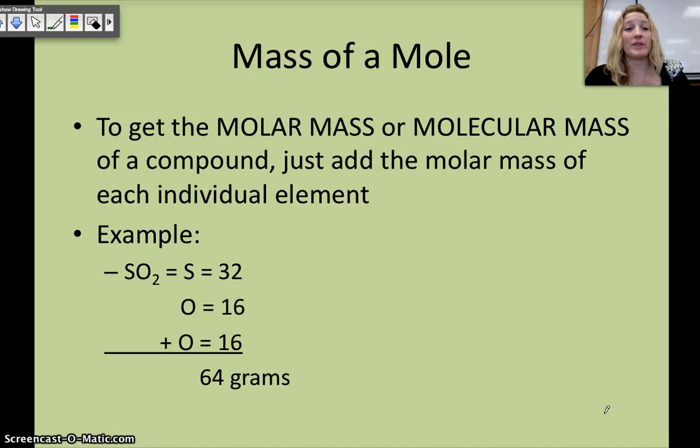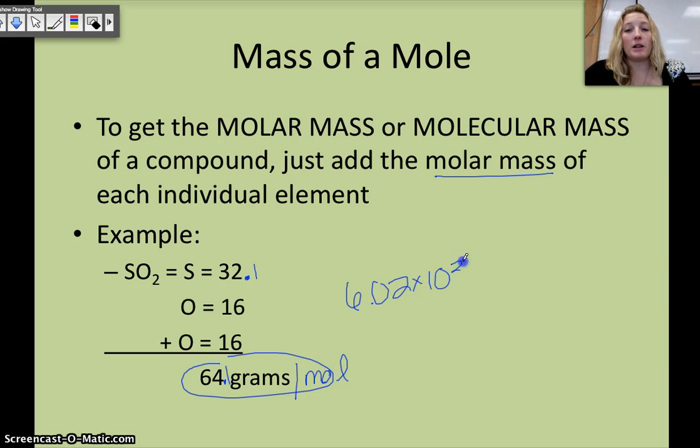Now we can pretty much do this with any compound, just like what we did with chlorine. So to get the molar mass, we just add up the molar mass of each individual element. So if we had SO2 for an example, sulfur is 32, and if we were to round to the nearest tenth, it'd actually be 32.1. Oxygen is 16, and we have 2 of them, so 2 times 16. So if we were to add up each of those elements, SO2 would weigh 64.1 grams per mole. So that means 6.02 times 10 to the 23rd molecules of SO2